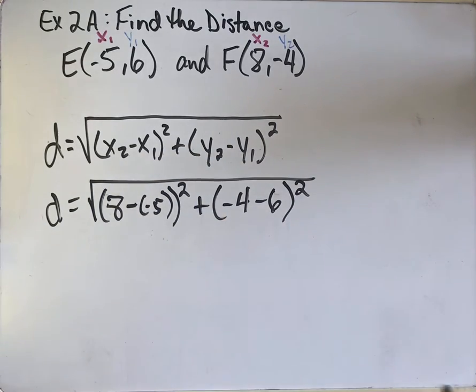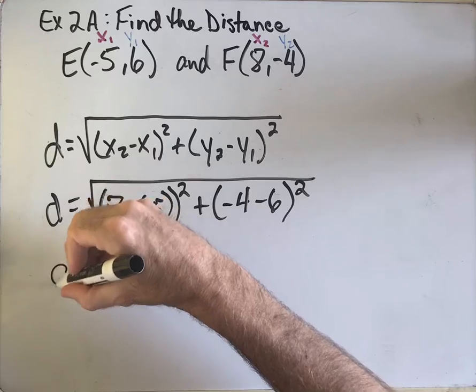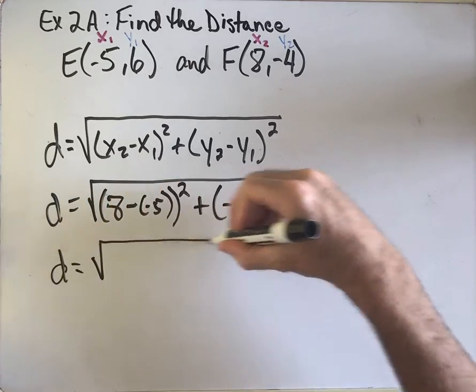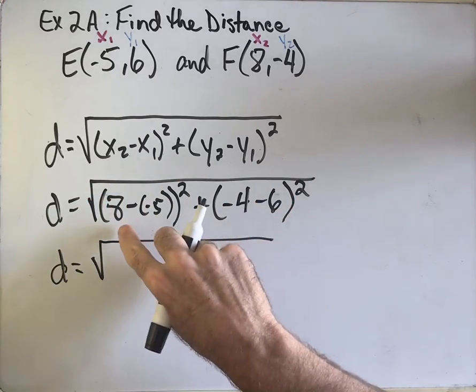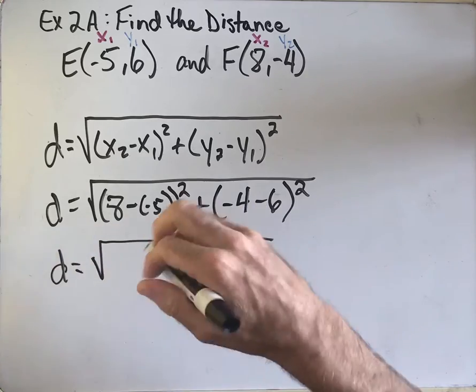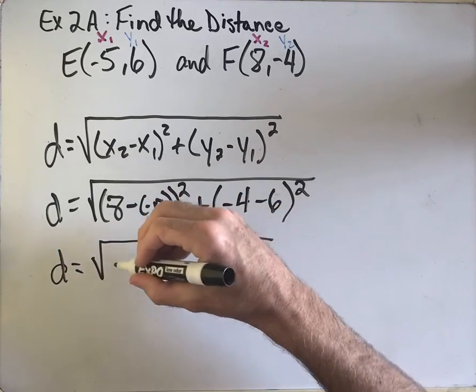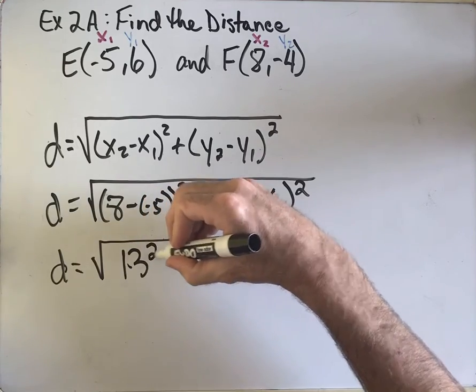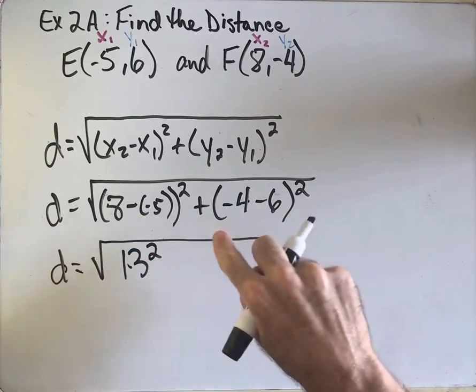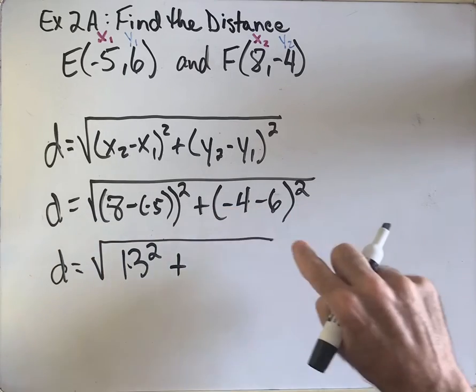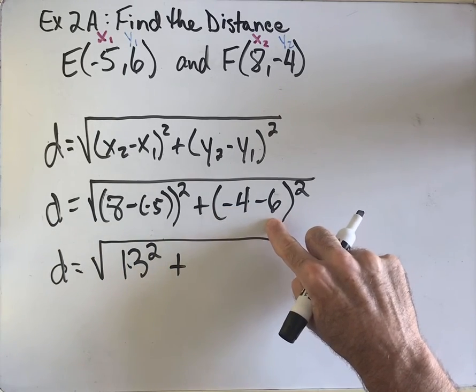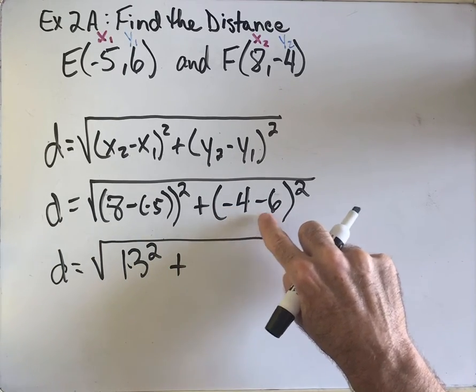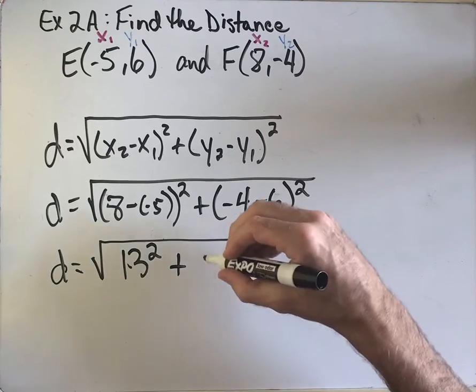Okay, so now we're going to start to evaluate this thing. Let's go ahead and knock it down. So we've got 8 minus -5. That's the same as 8 plus 5. So that's going to be 13 squared. 8 minus minus is 8 plus, 13 squared, plus -4 minus 6. Right, this is -4 plus -6. Right, this is going to give us -10